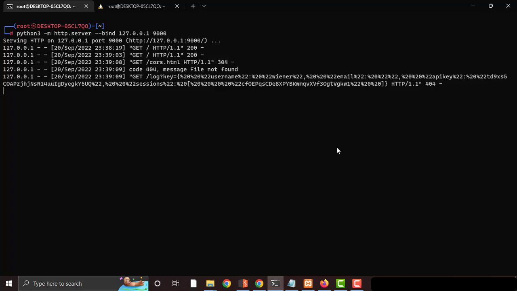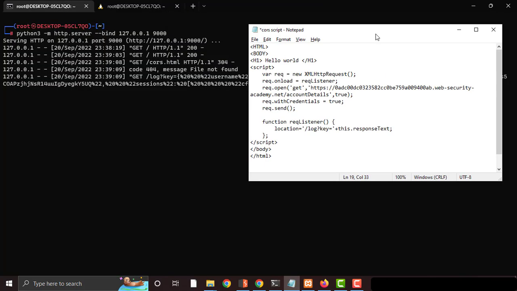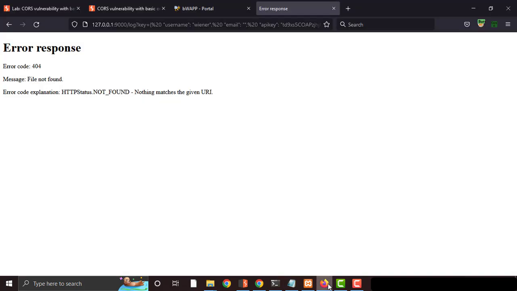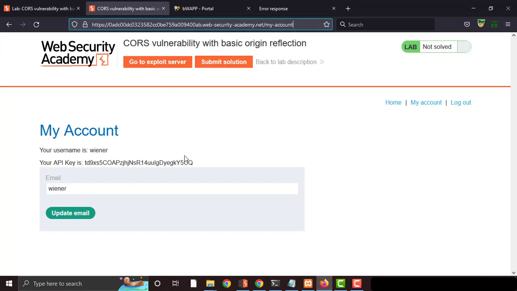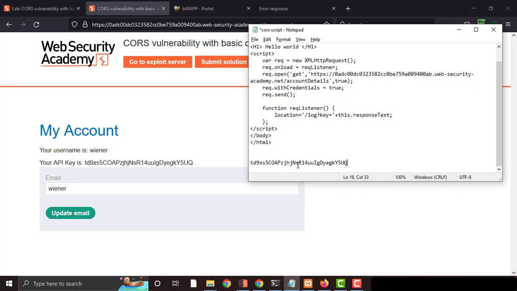All right, and this is exactly the API key. Let me show it to you over here. So this is exactly the winner's user API key. We got it. We will verify it once again, and we can see this is exactly the winner's